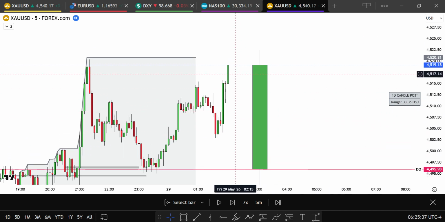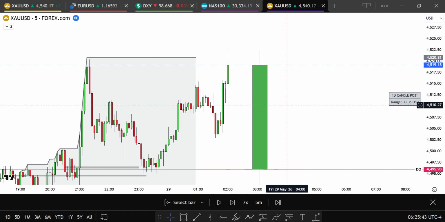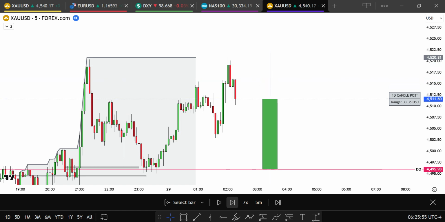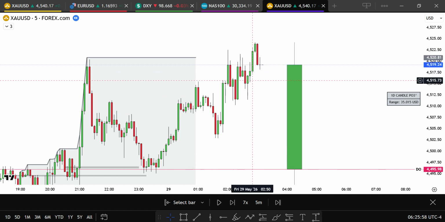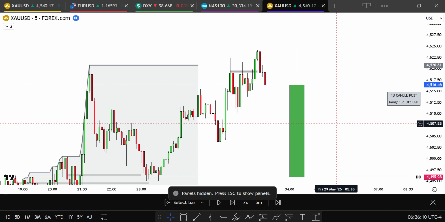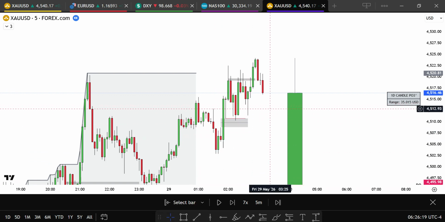So I was waiting: if the 2 am candle creates a fresh fractal zone with IFT confirmation, then I will definitely go for it. IFT confirmation is where we get turtle soup and the liquidity sweep from the downside, from the previous candle low. So I was waiting, and price was just ranging, and the way this candle goes above this candle high, when you check the line chart, you can see clearly that price went up and closed above this candle high, right? So I was thinking there's a high probability that price will push up. Also, we got IFT confirmation. Price swept this low and reacted from this FVG.